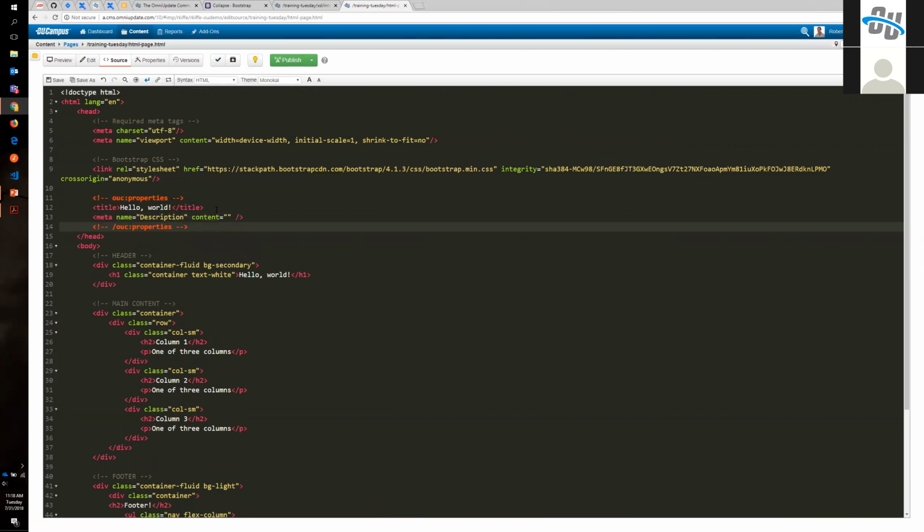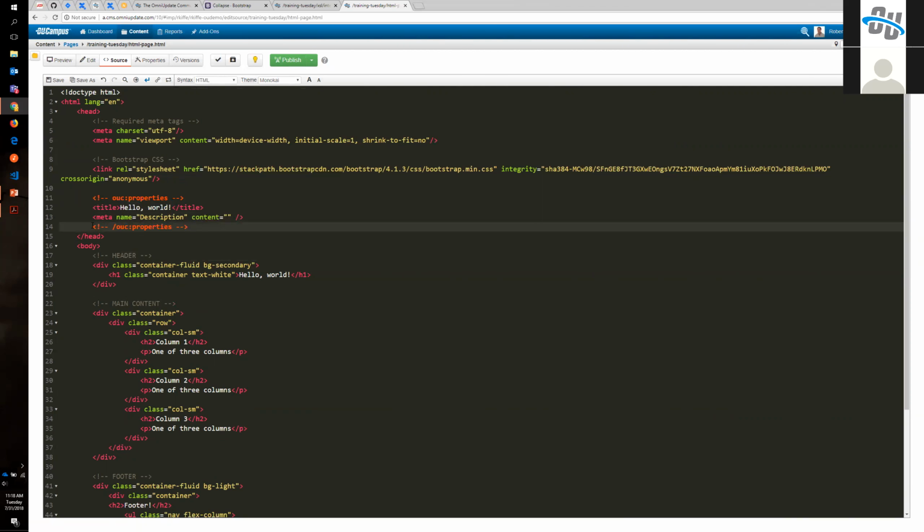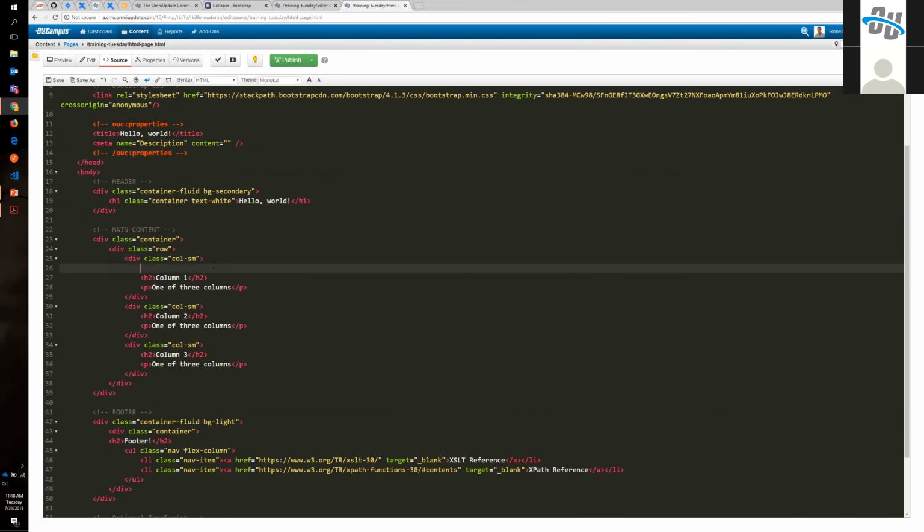So I want you to show this content in our page parameter properties section of the editor. So I'll just wrap that content, the title, the meta, in this OUC properties. And this is the comment style of our OU tags. And then if I want to also have, let's say, a little mini WYSIWYG region, I can do something